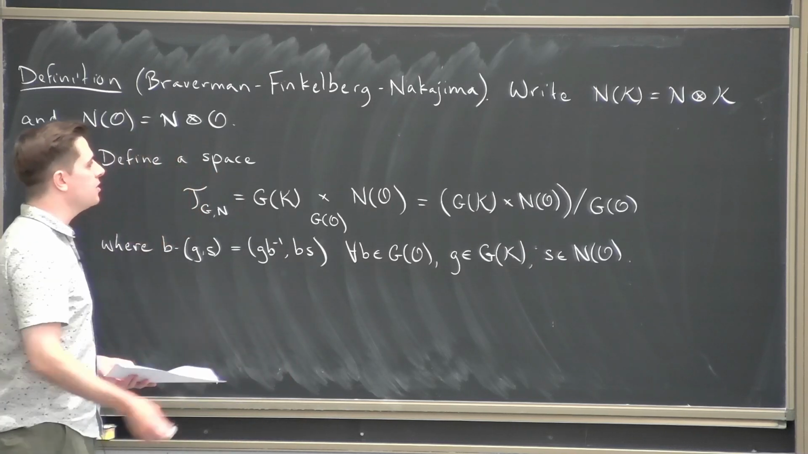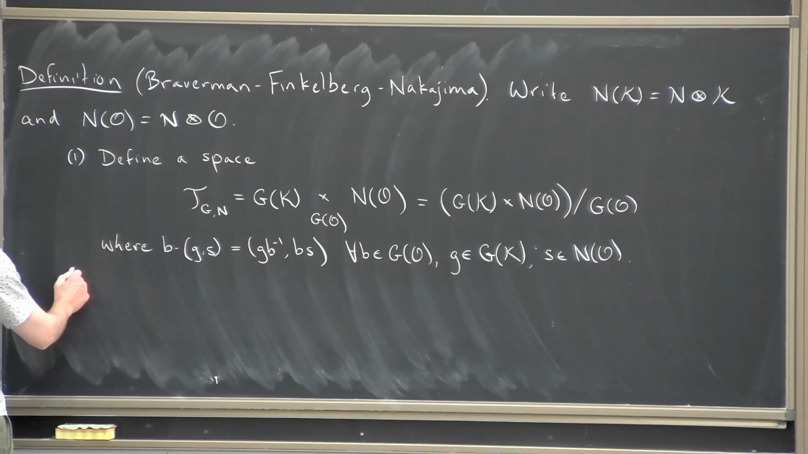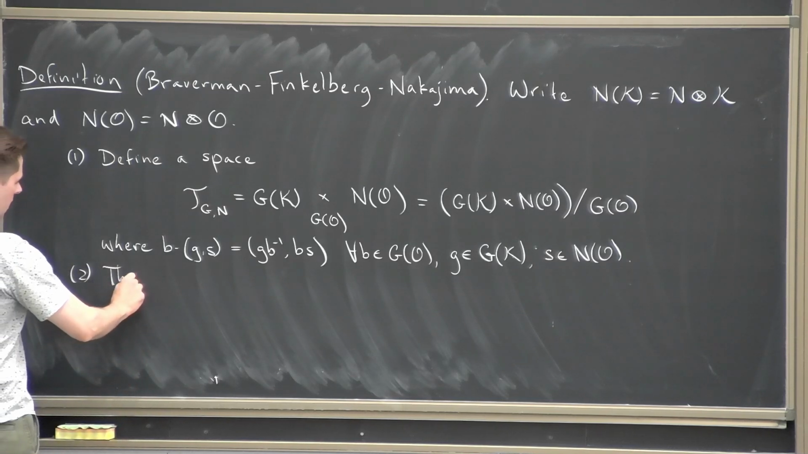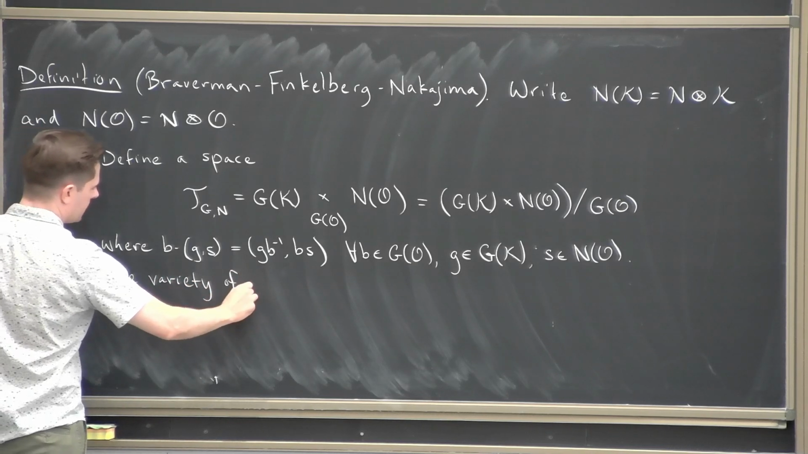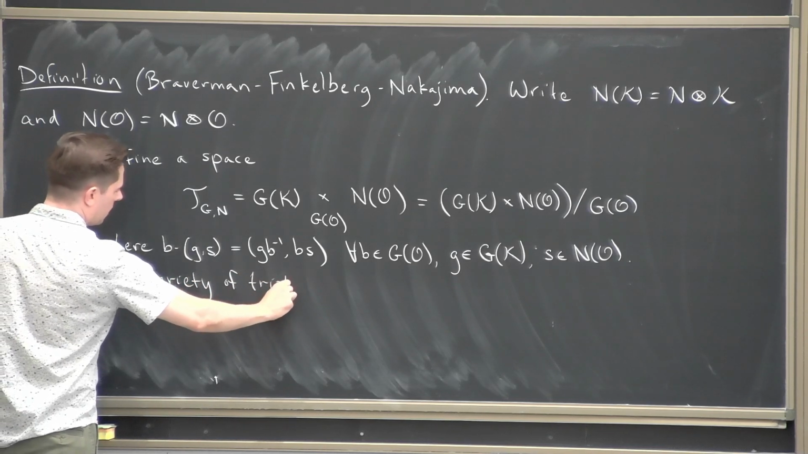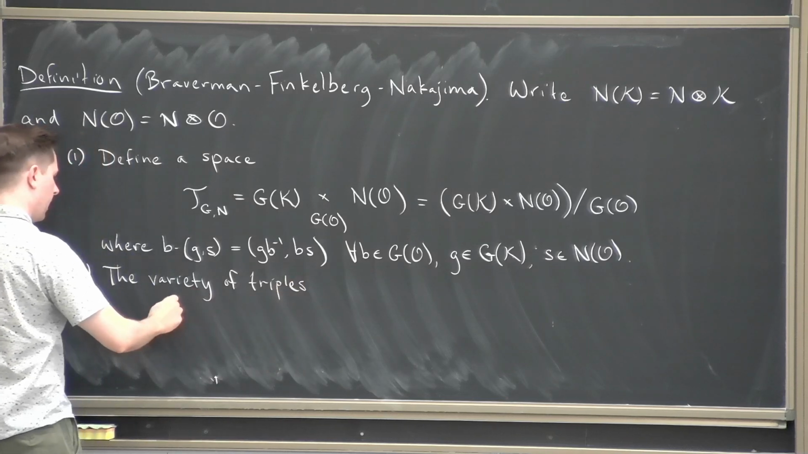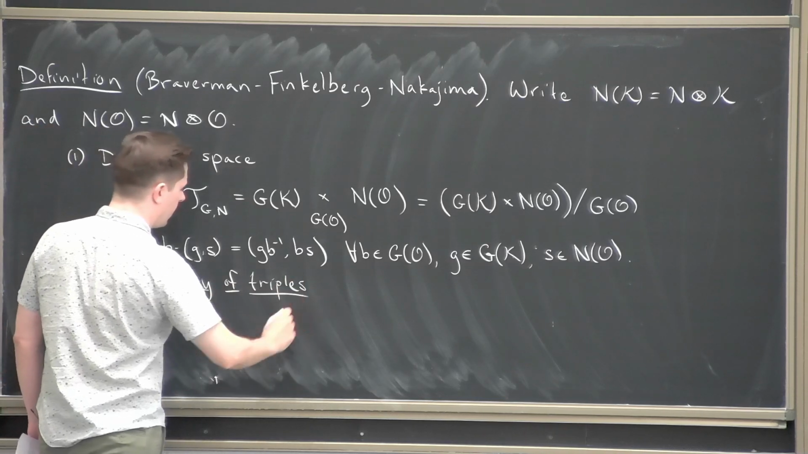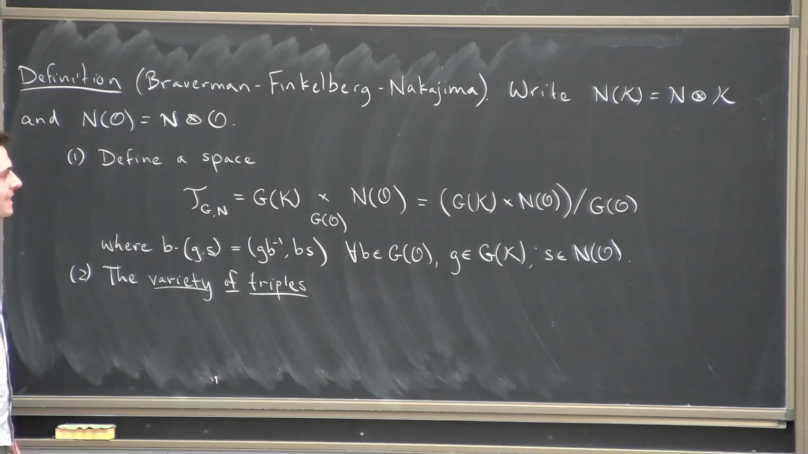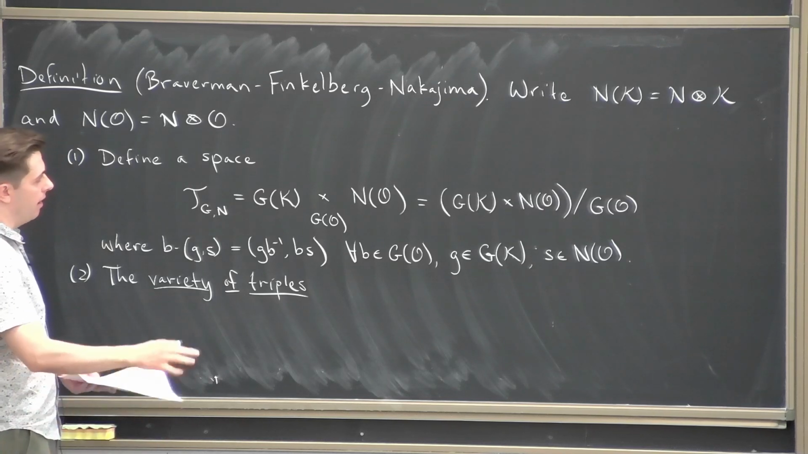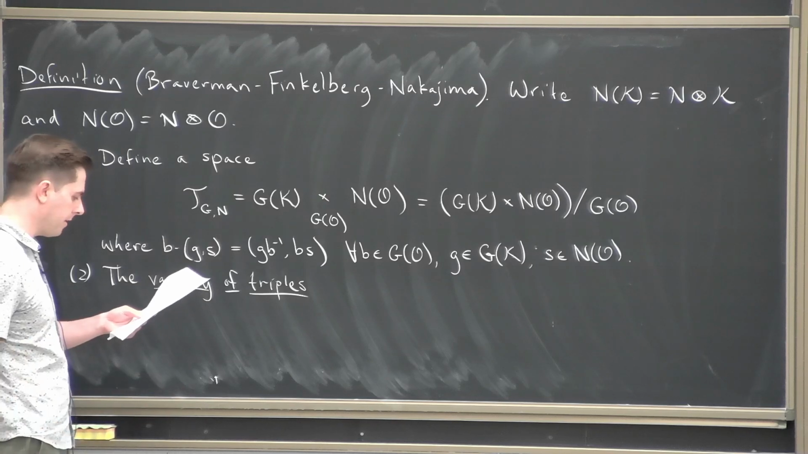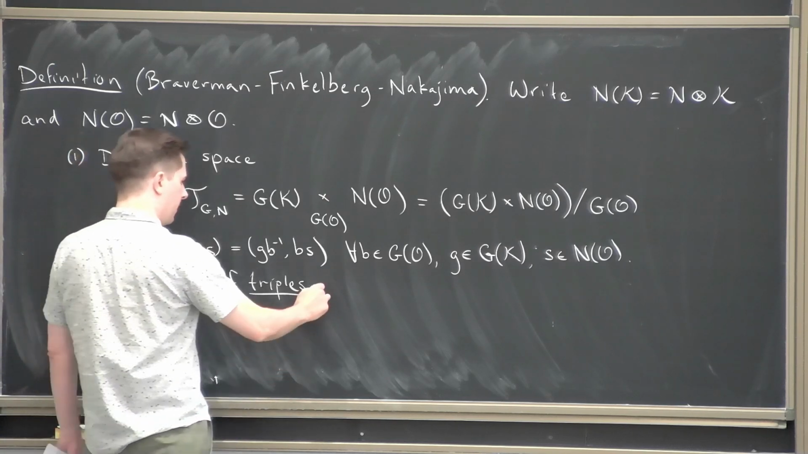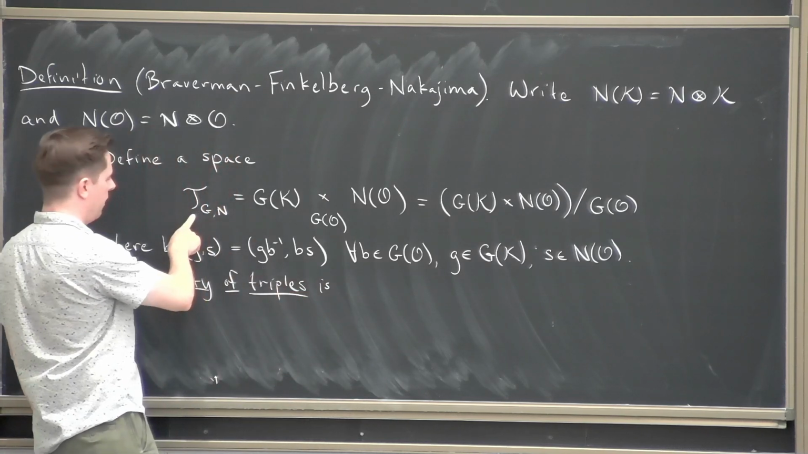But the thing we're really interested in here is a subspace which is called the variety of triples, which is a little bit misleading because this is actually not a variety. This is an ind scheme, but don't worry too much about this for this talk. So this is a subspace of this T space,